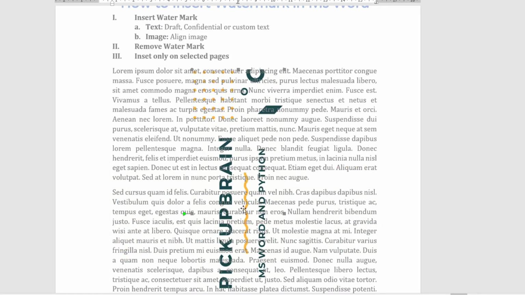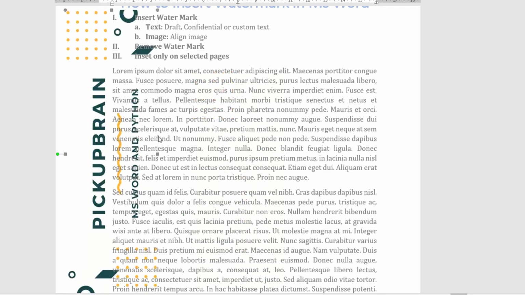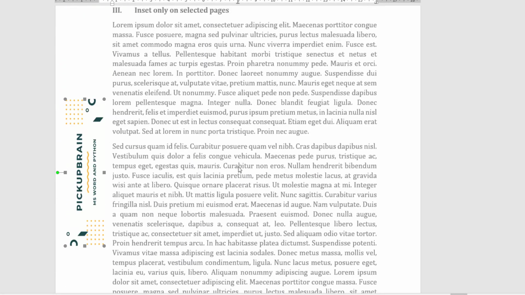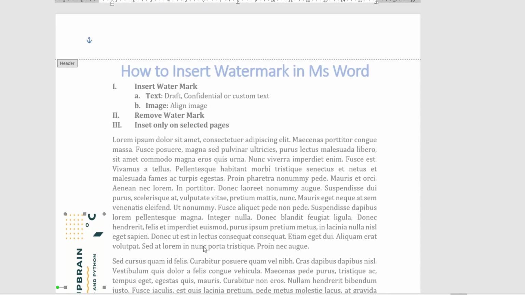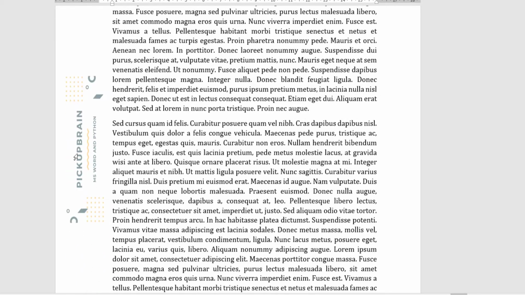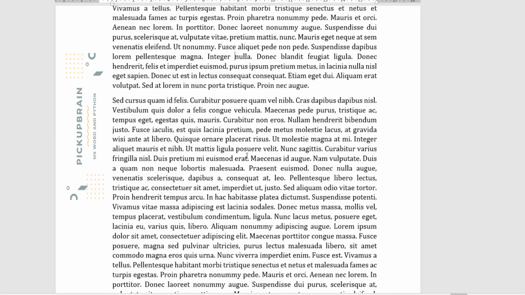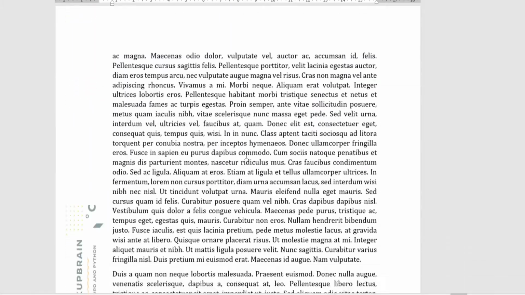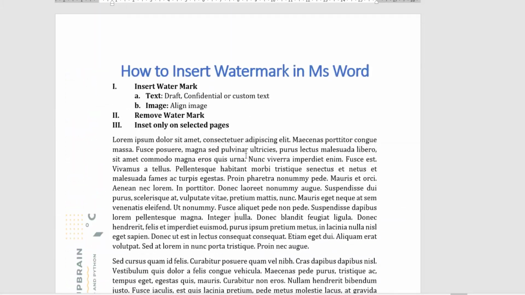Let us say I want to have this picture at the very left. So let us say I want to have it at the middle of the page at this place. After editing, you just have to come out of the header by double clicking anywhere on the page except the header. If you come out of the header, this watermark will be there. Now whatever watermark we add will be added to each and every page of your document. So the same watermark is added to each and every page of the document.